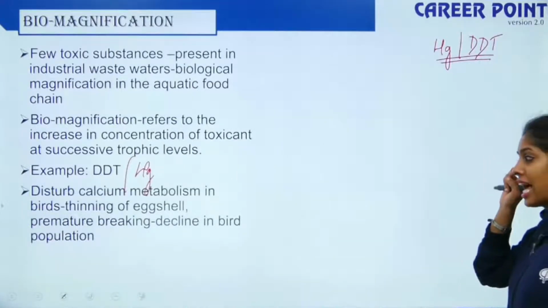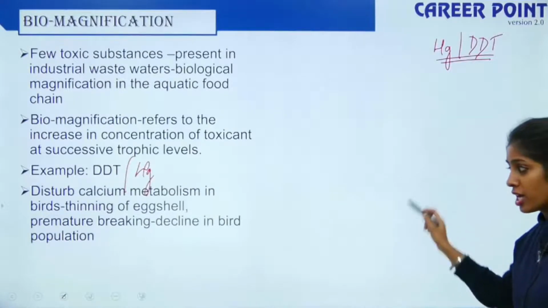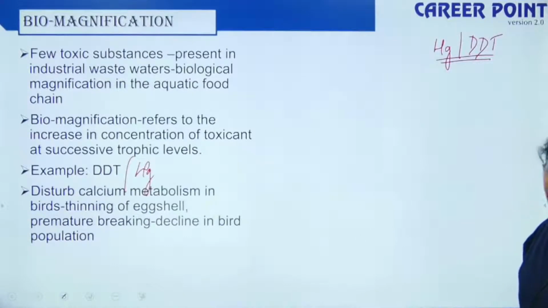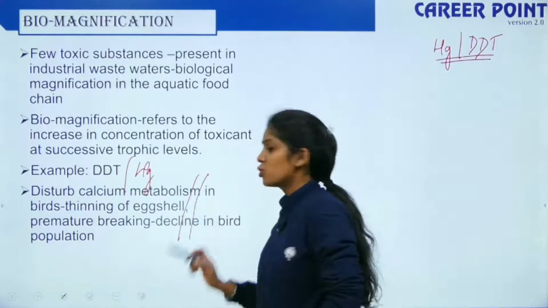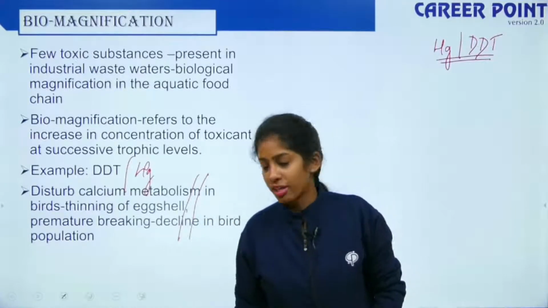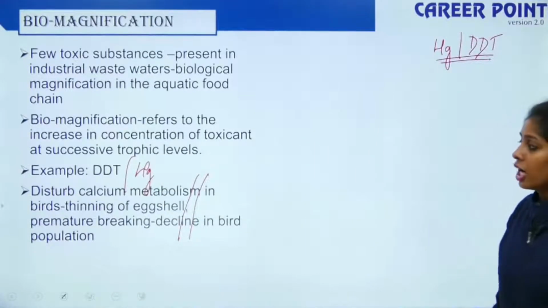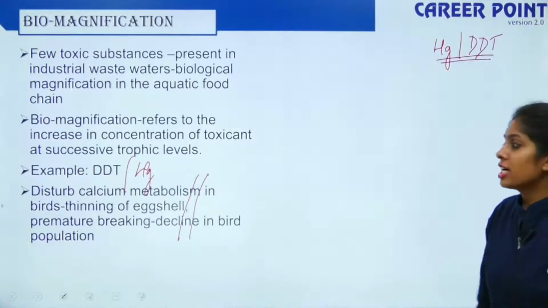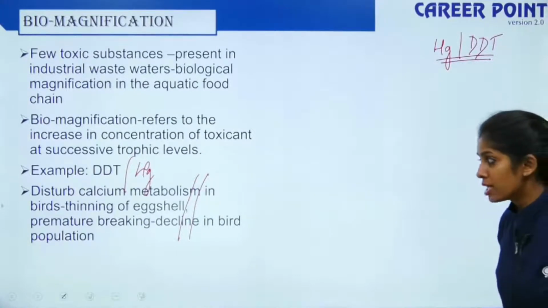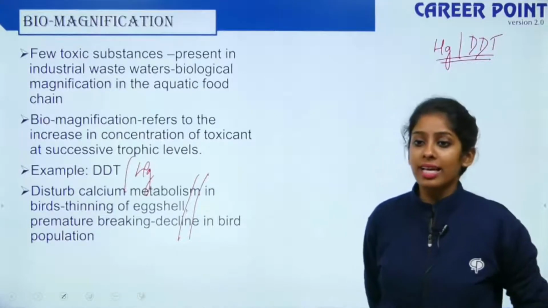So this disturbs the calcium metabolism in birds. This causes thinning of eggshell, premature breaking of the egg and decline in the bird population. Please remember this. What are the effects of biomagnification? When your fish consumes DDT, and when your bird takes up your fish, what happens? It disturbs the calcium metabolism in the birds, thinning of eggshells, and it causes premature breaking and decline in the